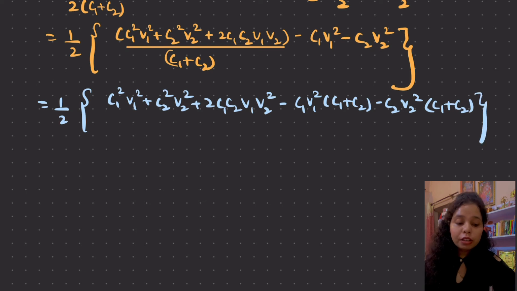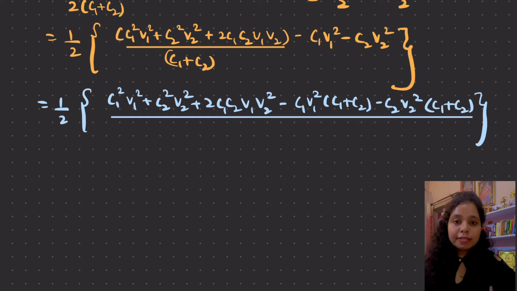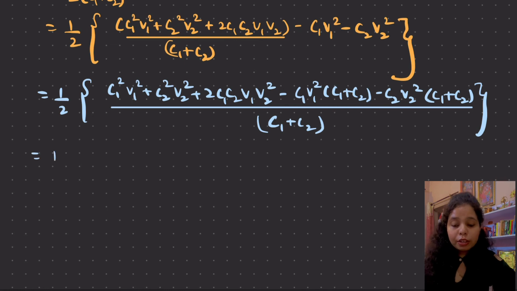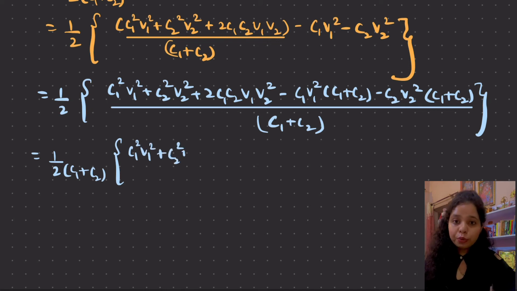We have just taken the LCM, so we will put C1 plus C2 in the denominator. Also now it becomes a common denominator, so I can just take C1 plus C2 out of the brackets, so half C1 plus C2, and starting the bracket once again, we have C1 square V1 square plus C2 square V2 square plus 2 C1 C2 V1 V2